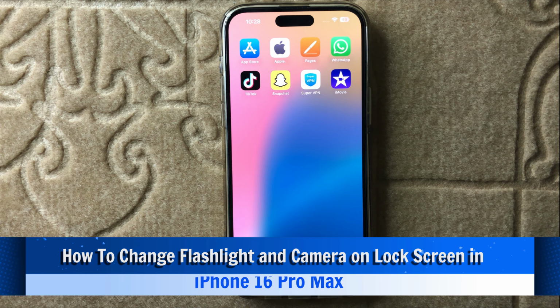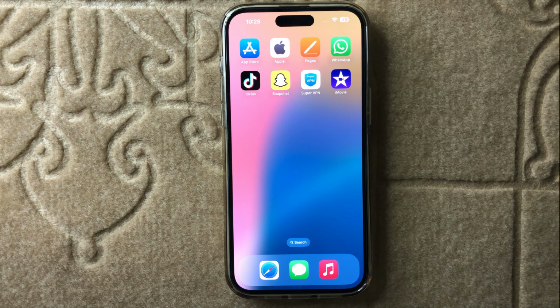Hello everyone, today in this video I will show you how to change flashlight and camera on lock screen in